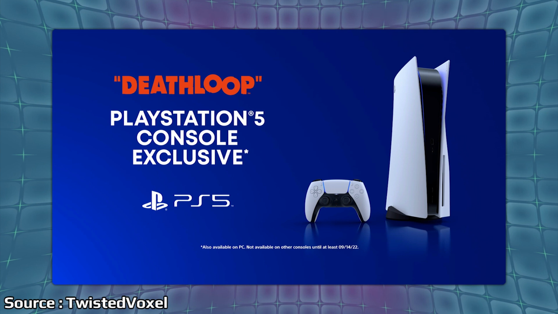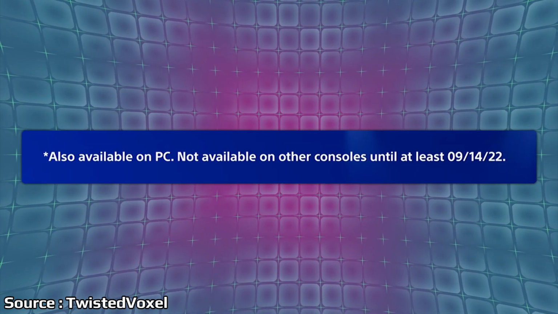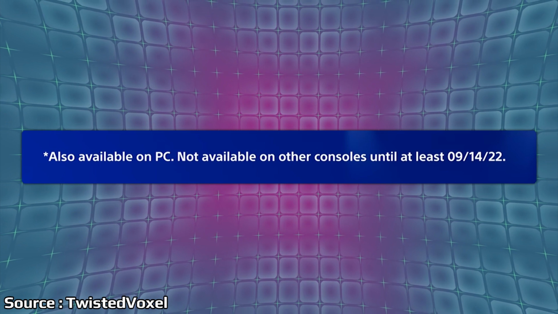Also, another game we saw quite a bit about during this State of Play was Deathloop. In that long gameplay trailer towards the end, there was some fine print that mentioned its timed exclusivity status, as well as even a date for when it could go to other consoles. Other consoles probably just being the Xbox. We can head over here. This is Twisted Voxel saying, it then mentions September 14th, 2022 as a tentative date